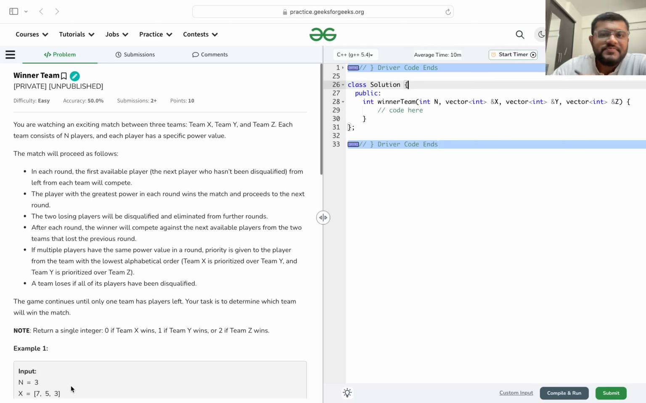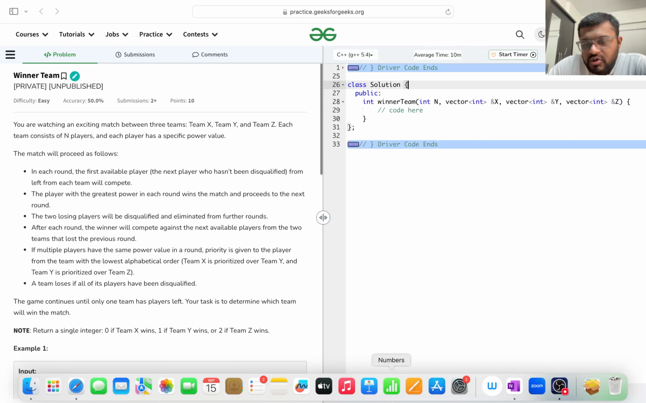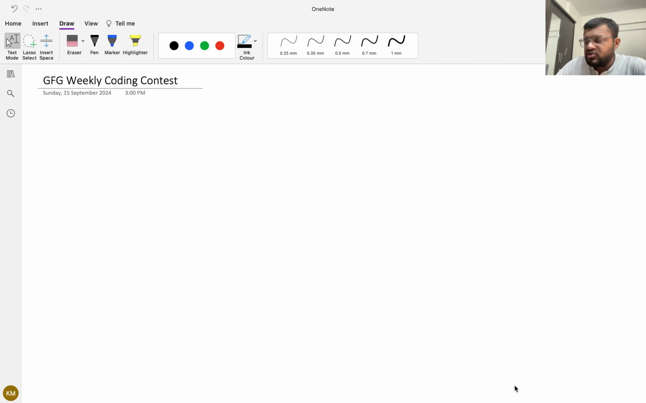First of all, I'll explain this question on OneNote with the help of an example, and then we'll go through the question description line by line so that you'll understand it better. Then we'll think about the solution. So basically, in this first question, that is Winner Team,